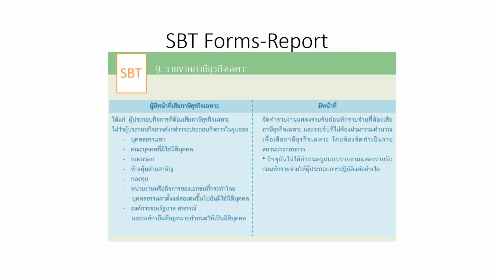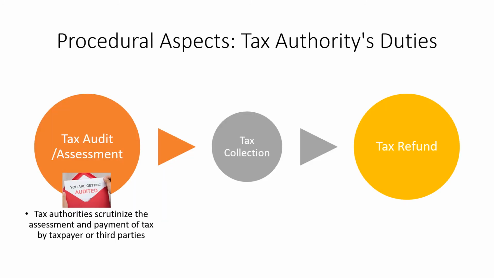91/14. This is an example of the specific business report, but actually there is no specific form regarding the SPT report. Unlike VAT, which has a specific form, for SPT at the moment there is no specific or particular form. But whatever you submit to the revenue department, you need to show your income before deduction of expense in accordance with the Revenue Department. This is an example. And now